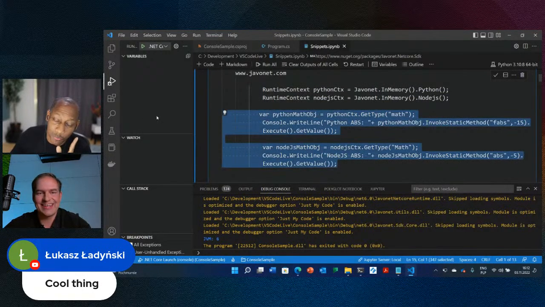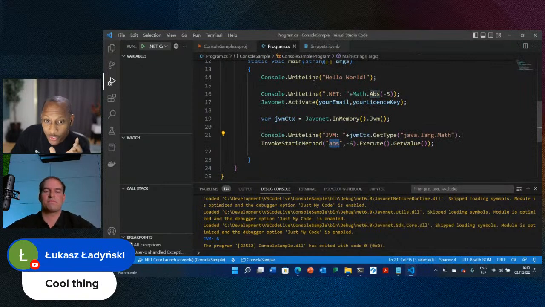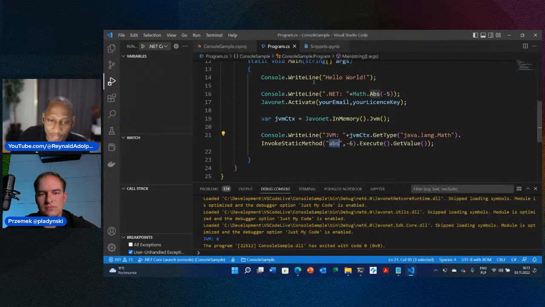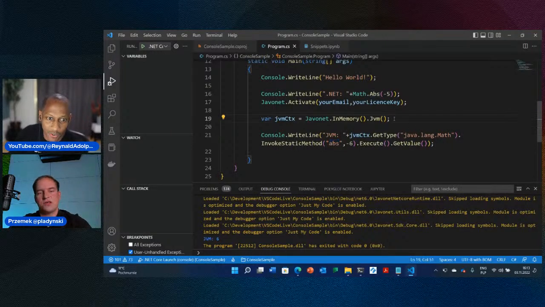Nice. So just for a recap for everyone, because we kind of went quick. So we had our .NET project and executed some simple math function. And then you wanted to show how if we wanted to use a library from Java, from within this application here, how we could access its libraries using Javonet, right? And that's what you just demonstrated, right?